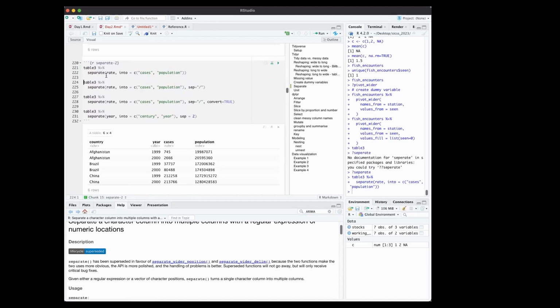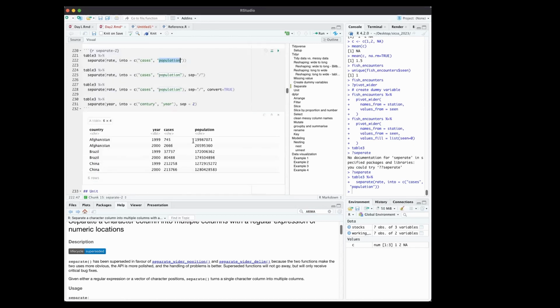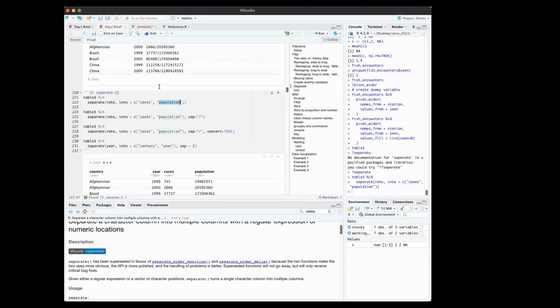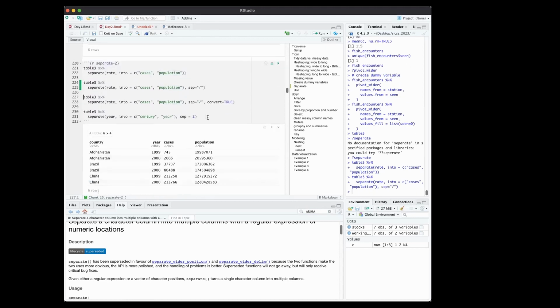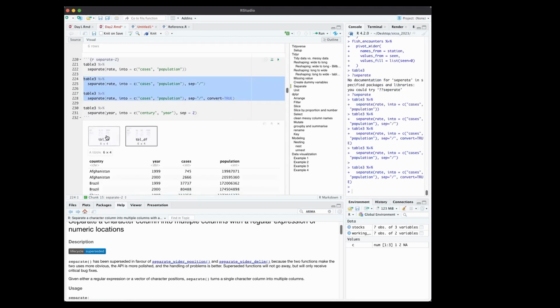We put rate as the first argument because we want to convert this column to two other columns, the cases and population. The default separator for this is the dash, I think. So these two will return the same result because this one is the default. These two are different in the sense that